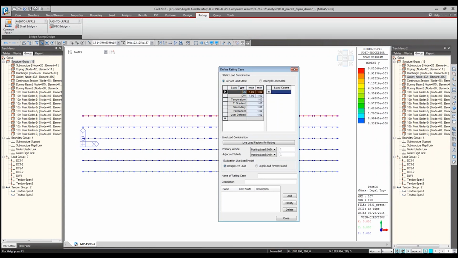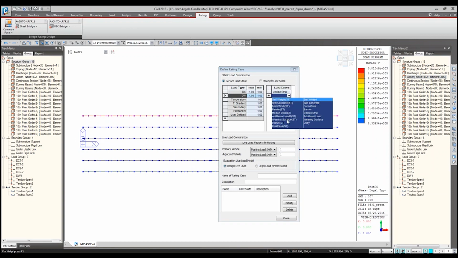For each loading type, we specify which loading case belongs to this loading type. So for the DC, self-weight, wet concrete weight, and the formwork belong to the component loading. And for the wearing load, let's say I have the wearing surface load, so I can specify the